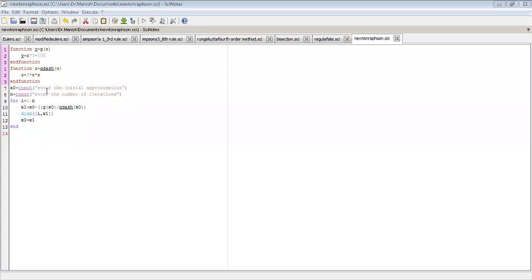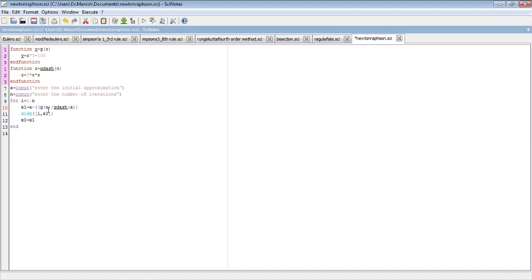What we have done, we are taking here g dash of x. So I just take this as the variable a, and we say that this is a minus g of a divided by g dash of a.